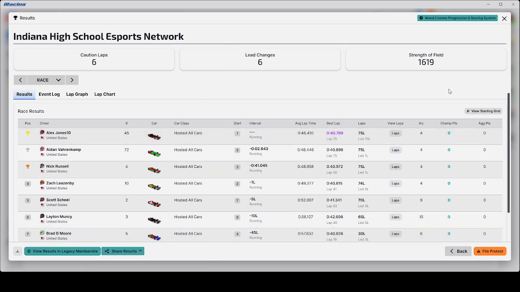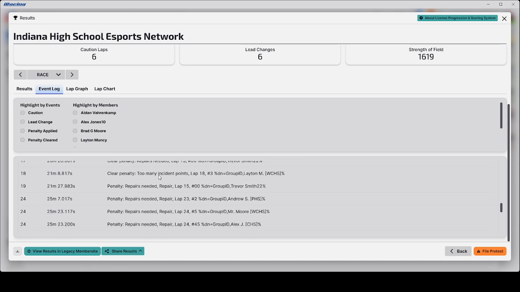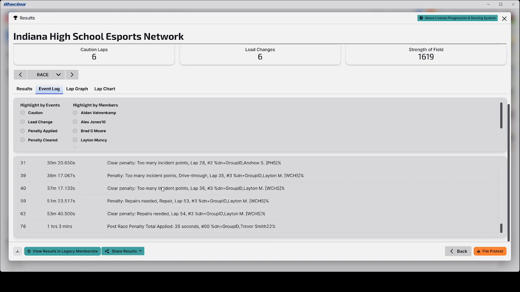I view that kind of tricky, and I'm hoping in the coming weeks and months that iRacing does a better job being able to export this. But there's a ton of information here, right? So you can have information for race quality practice, the event logs, so whatever happened. I think you will find